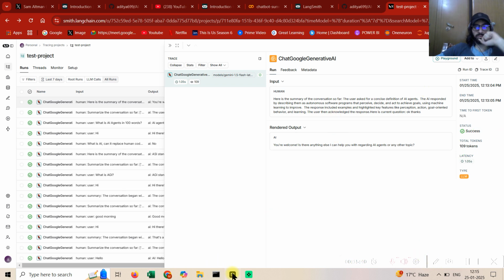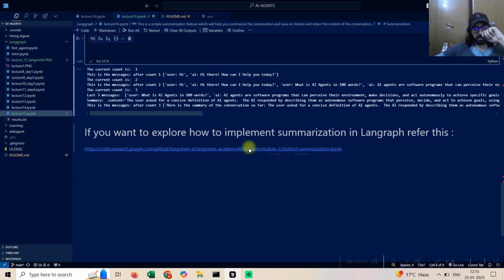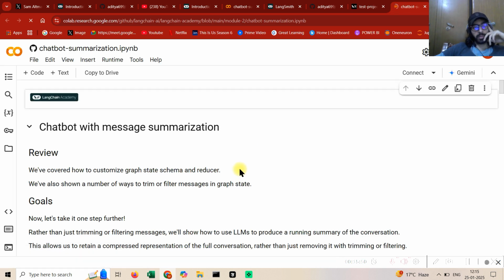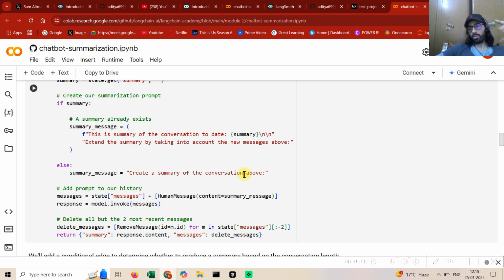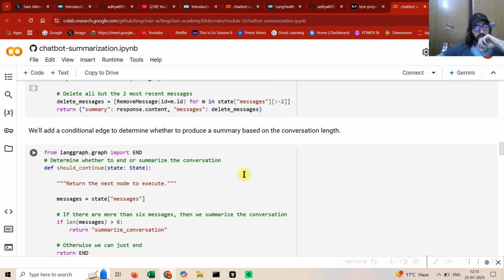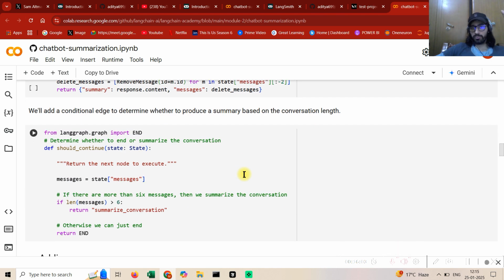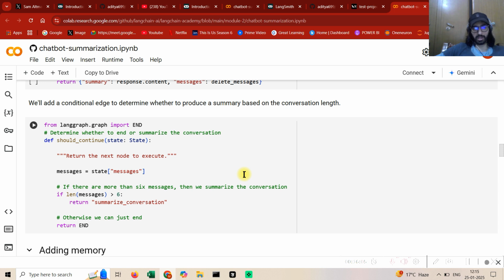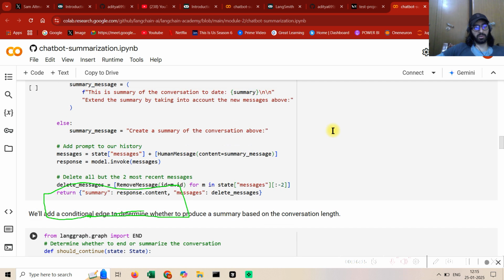Now guys, if you wish to implement this summary feature with the help of LangGraph, I have attached a notebook link. You can click over here and this is going to open the summarization feature. Even they are doing pretty much the same, but obviously it will come with its own layer of abstraction. But you can have a look at this code. You can get it done if you are implementing everything with LangGraph. But mostly, if you see, even they are doing the same thing. If the length of messages is greater than 6, then summarize conversation, and then they must have written a function for